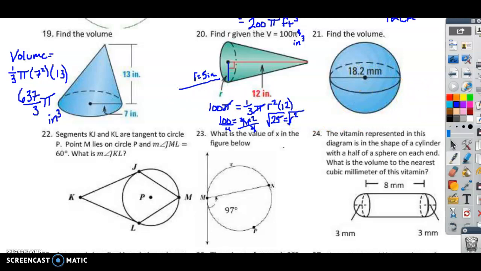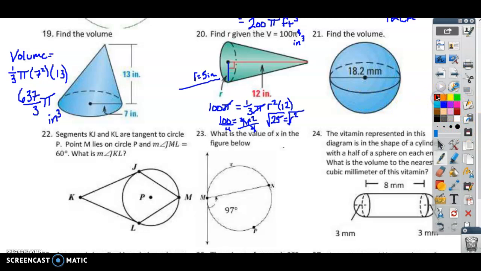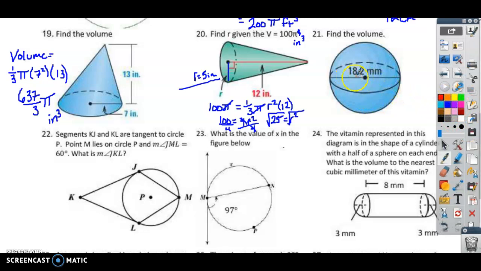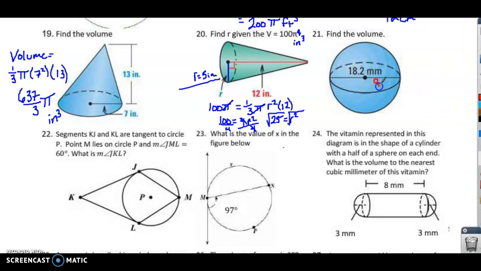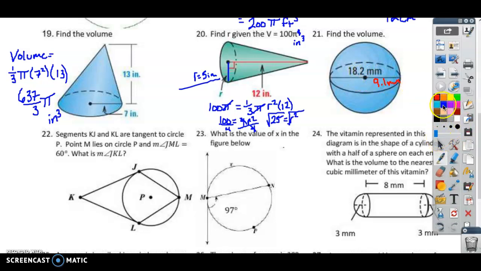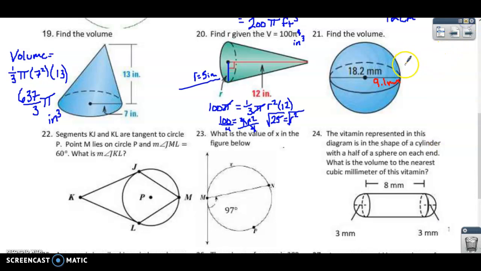Okay, find the volume. Well, I'm going to go with a different color just to label this guy here. Now this is 18.2 millimeters for the diameter, so that's going to be 9.1 millimeters for the radius. So let's go back to blue just to stay consistent here. If I want the volume of this ball, this sphere, I'm going to go with 4/3 pi r cubed. So that's going to be 4/3